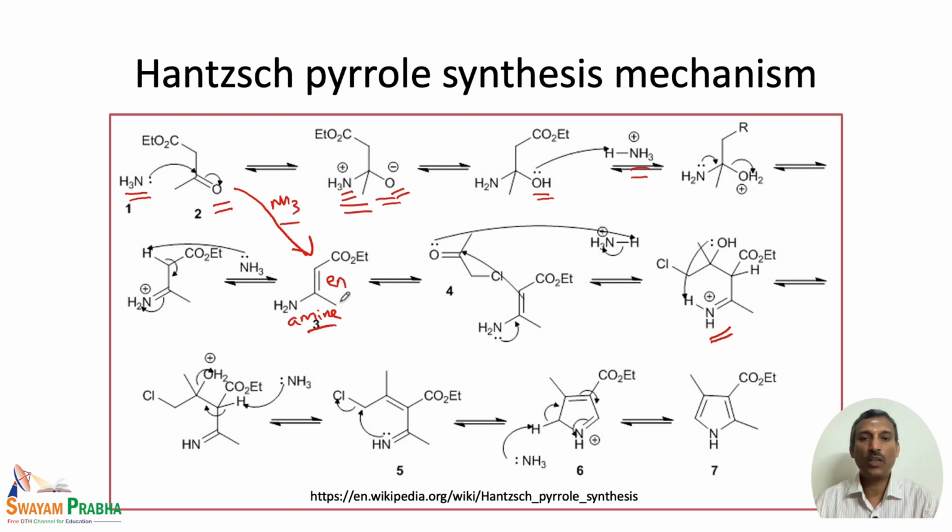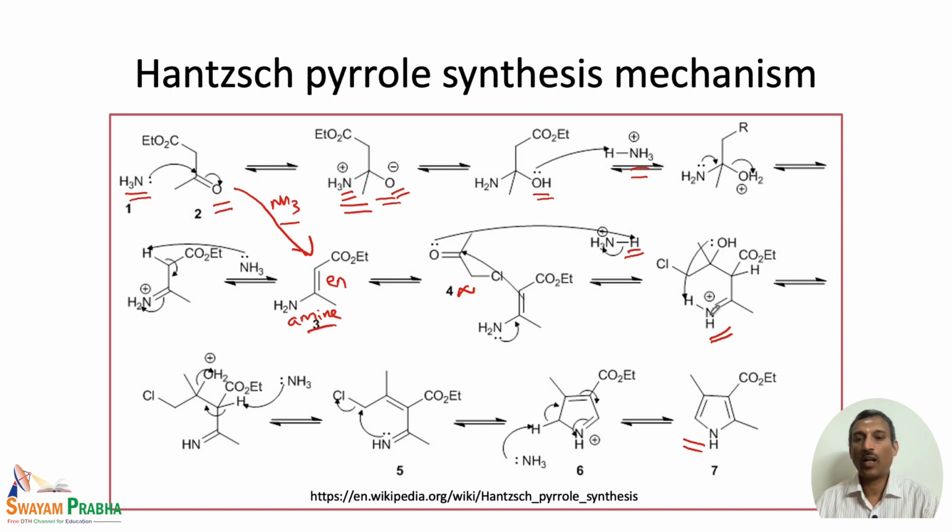So, once the enamine is formed, this enamine now attacks the second unit, that is the haloketone. So, there is an alpha haloketone, and this cyclization leads to our final product, that is the pyrrole is formed after intramolecular reactions, various cyclization, because one of the oxygen abstracts the proton from the ammonium ion, and again, a proton transfer actually takes place from one of the nitrogen